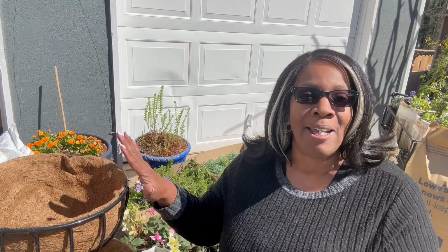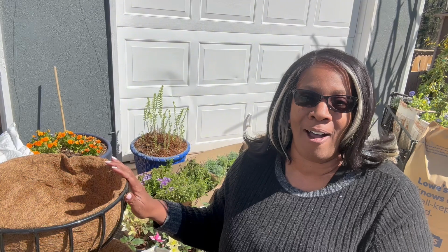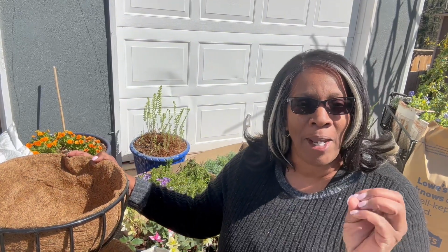Today I am going to be doing my first spring 3-tier Cascade planter that I had gotten from Kensington. One of my garden buddies, Kim from Backyard Blooms with Kim, had one and I fell in love with it. And it's like, where did you get this from? So I am going to be working on this today. And a lot of the plants that I am going to be putting in here, I ended up picking up